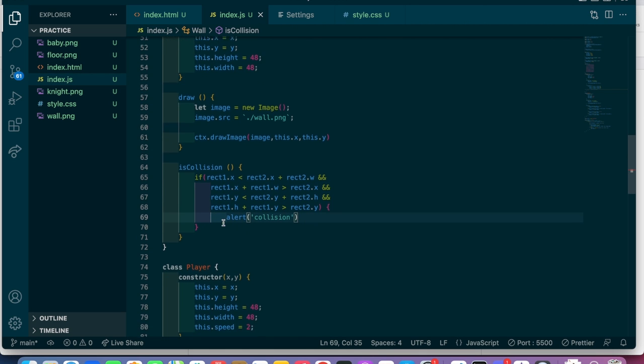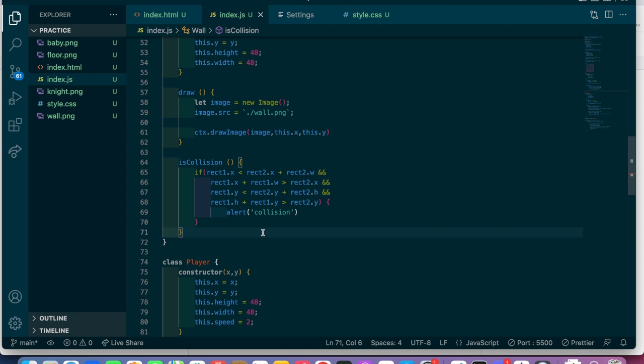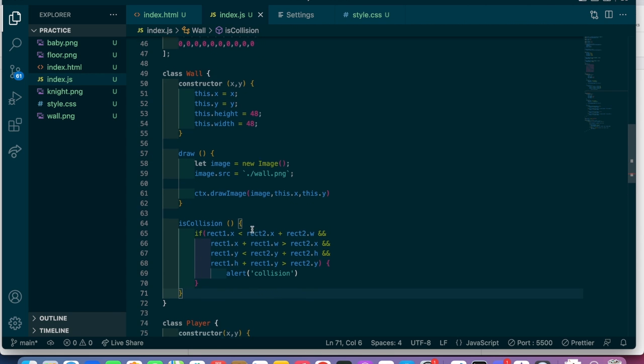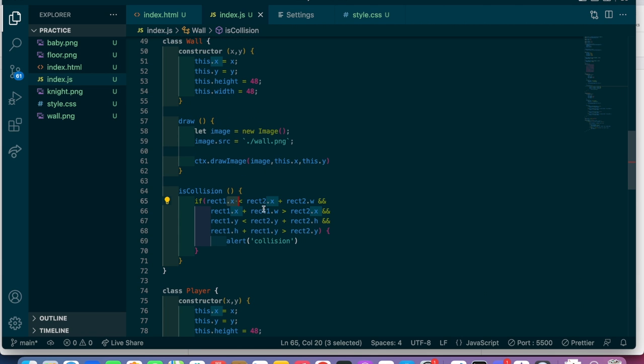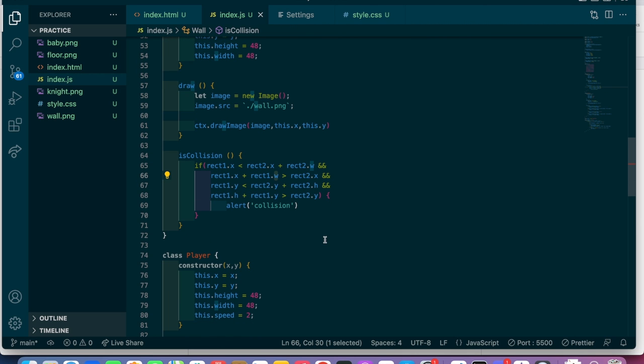And this is why it's important to pass in a height and width value for both your player and your wall, because you can see in this algorithm, it's using X and Y values as well as height and width, okay? So I'm actually going to change the W on this algorithm to just say width instead, because that's what